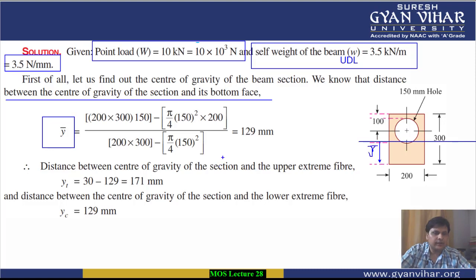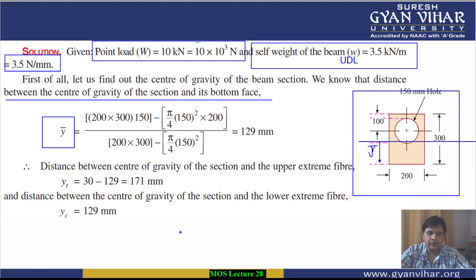And how are we going to calculate? Again, the same as I have told you. For a cut section like this, which you are seeing, students, for such sections we subtract in the formula. How do we subtract in the formula? As you can see in the formula, what we are going to do is (a1y1 minus a2y2) upon (a1 minus a2). a1 is what?